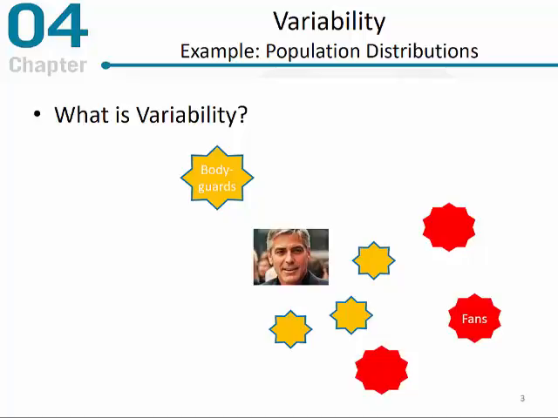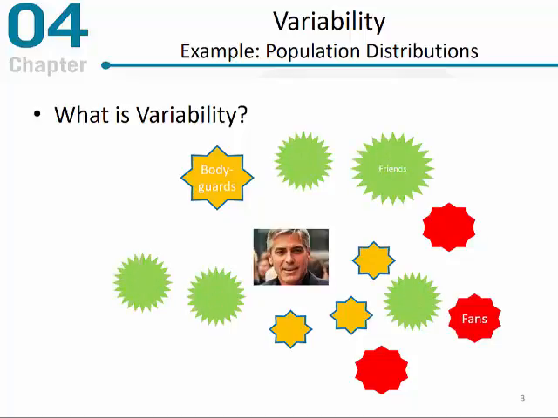And the yellow stars around him are all his bodyguards. The red dots here are a couple of his fans that made it to the party. And then the green ones are his close friends. So you can see that all of these, the fans, the bodyguards, and the close friends are all spread out around him at various distances. With the measures of variability, we can get one number that signifies how spread out each of these groups is